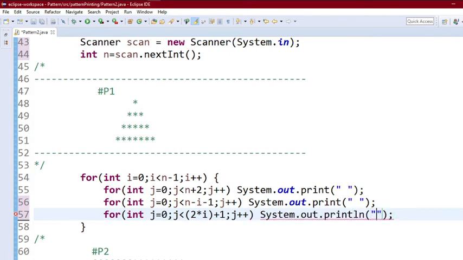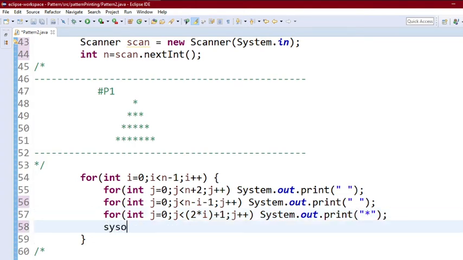This is where we print the star, and after printing each row we have to change our line. This is the print to change line.